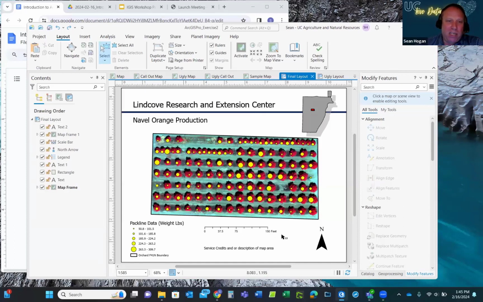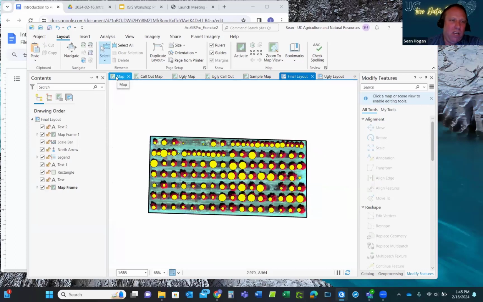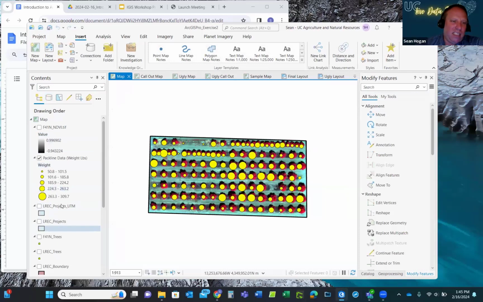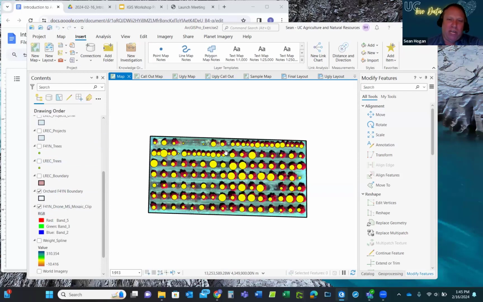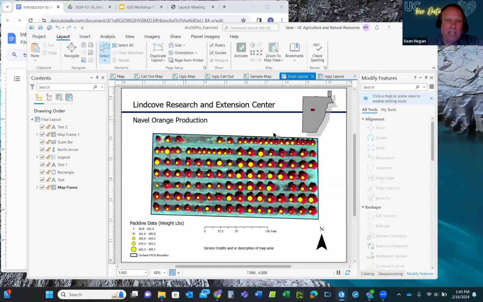these map elements. So here's one of the key things that is different from a map view. You'll see the content on the side consists of, in this case, point data related to the weight of the navel oranges. There's all these other layers that are in here, including a mosaic, in this case, a color infrared mosaic in the background behind that data. If we switch over to a layout view, in the layout view, it switches from that data to instead be map frames, scale bars, north arrows, legends, and